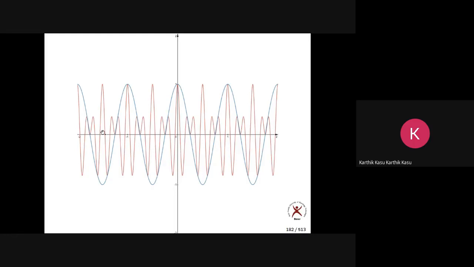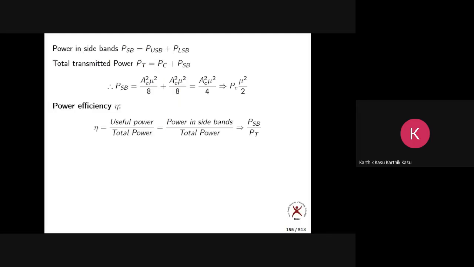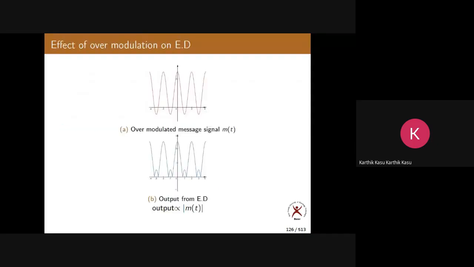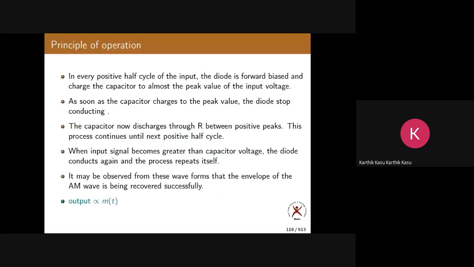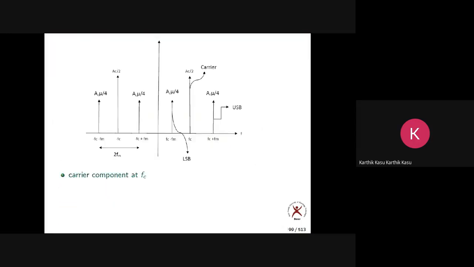So I told you one thing. You can draw everything in something called Desmos. Anybody open Desmos? I told you in the last class. Open that and draw all the figures. You can choose any value of your choice. You can choose m of t something like that, c of t something like that. You can draw the figures. You will get very clear figures, so you can have a better understanding by drawing those figures.